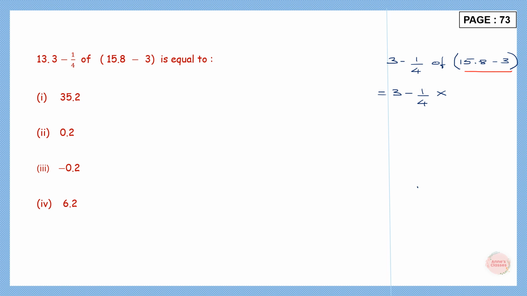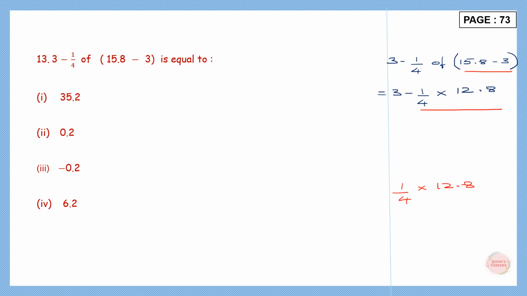Now 15.8 minus 3. Let's subtract that. So here we put a point and a 0. What do we get? 8. And 5 minus 3 is 2. 1. 12.8. So here let's write into 12.8. Now here we have subtraction and multiplication. Multiplication has to be done first. That means this part we have to do. So let's take that. 1 by 4 into